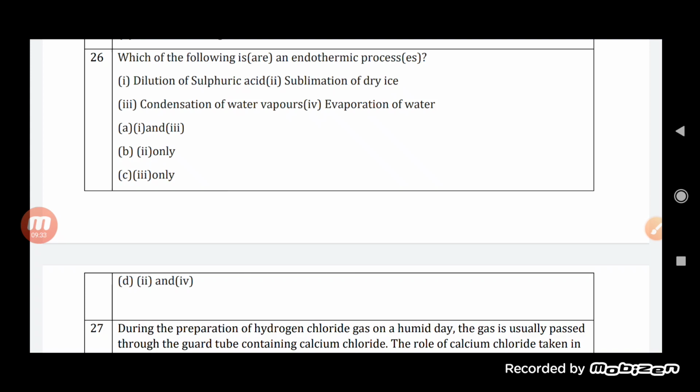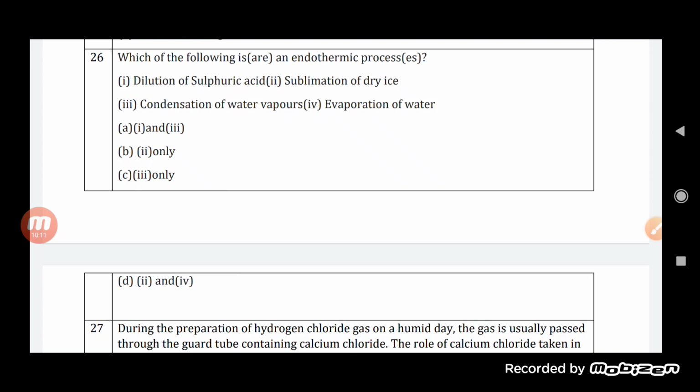The first one is dilution of sulfuric acid. We have solved such kind of question, and we have seen that the dilution of the acid evolves a huge amount of heat. It is because of that only. Like, suppose we add water to the acid, what will happen? We know that it is going to splash. There is a chance that it will splash and may burn the person. So it involves a huge amount of heat coming out, so that will not be an endothermic process, but an exothermic process.